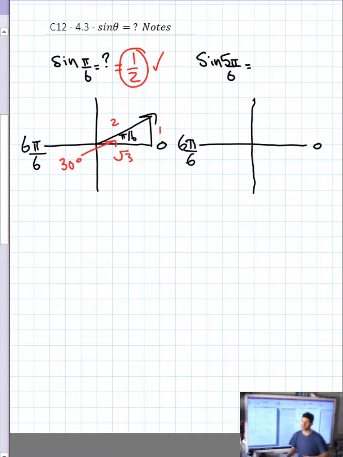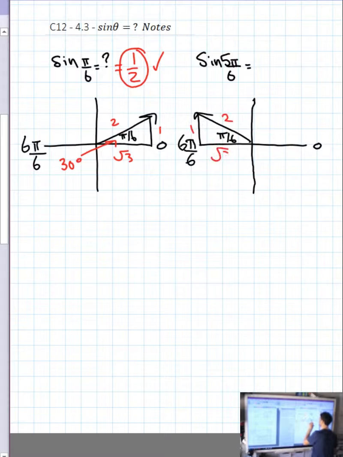So 5 pi over 6. So there's 6 pi over 6, 1 pi over 6, 2 pi over 6, 3 pi over 6, 4 pi over 6, 5 pi over 6. We're in the second quadrant, up in this direction, with the same pi over 6 reference angle. Make my triangle. Now I'm going to label the triangle according to special triangles. So again, that's 30 degrees from the last question, with an opposite of 1, hypotenuse of 2, and an adjacent of root 3. And working above, my definition of sine is opposite over hypotenuse,